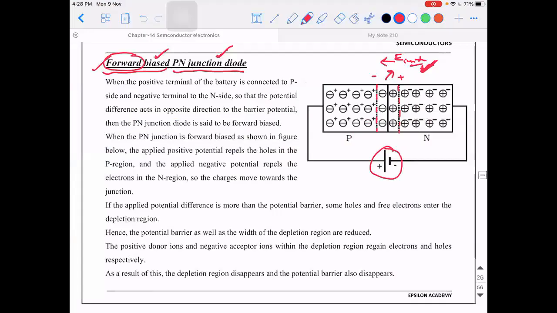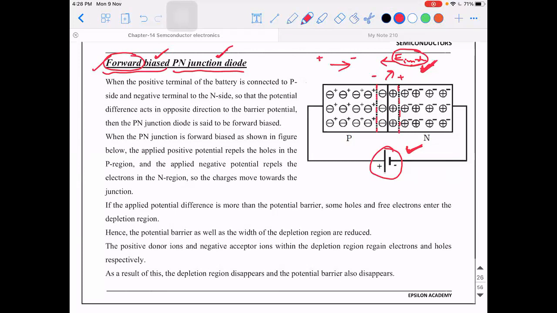So concentrate, this is an important point. The electric field generated by the battery needs to ensure that the electric field which is already existing in the depletion region should be suppressed. If that should happen, logically think, the electric field inside the barrier is from right to left. So we need to apply the potential source in which direction? We need to apply the potentials in such a way that the electric field due to the external source is generated in the left to right direction. Am I clear? So if the electric field has to be from left to right direction, then this side should be positive and this side should be negative.